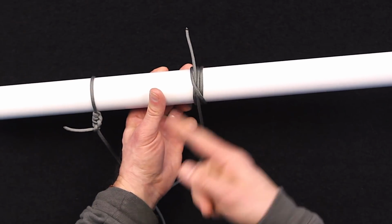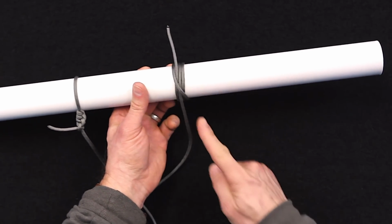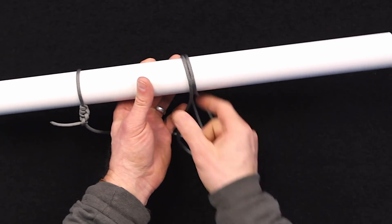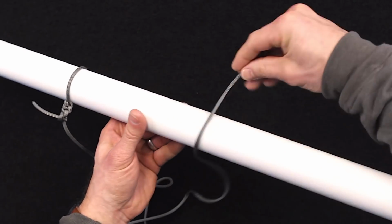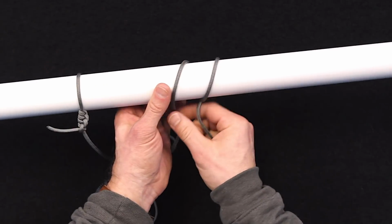And again, to remove it, it's the same thing as a clove hitch. You just grasp that cross and go like that, and you should be able to lift that right off of there. So one more time again, round twice,